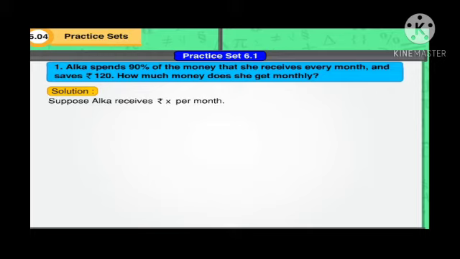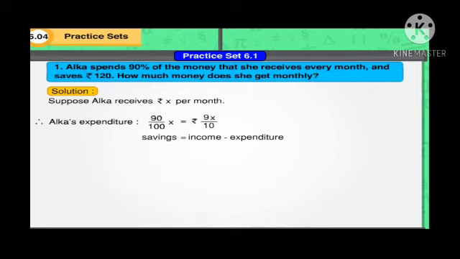Now Alka spent 90%. Therefore, Alka's expenditure is 90 upon 100 x, which is equal to 9x upon 10. Now, saving is equal to income minus expenditure. Alka's saving is 120, equal to income x minus expenditure 9x upon 10. Now multiplying both sides by 10 we get,